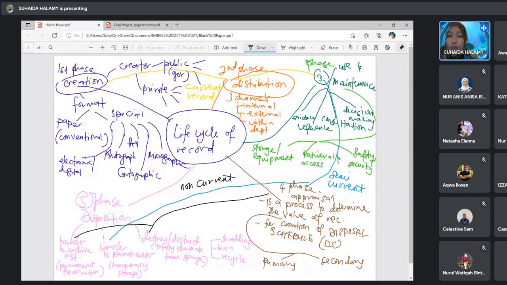Like I told you, non-current record ni, okay, they depends on the value also. Okay, when we transfer the record to archive, meaning that the record still have value. Valuable lah, record still have value. Okay, but when we need to decide to destroy it, meaning that record tu no value.